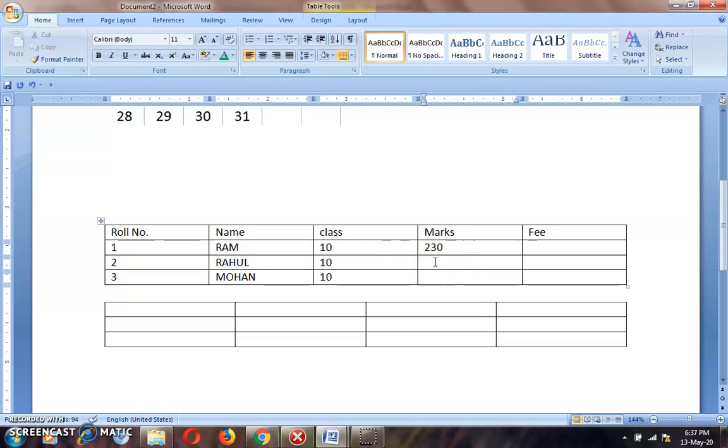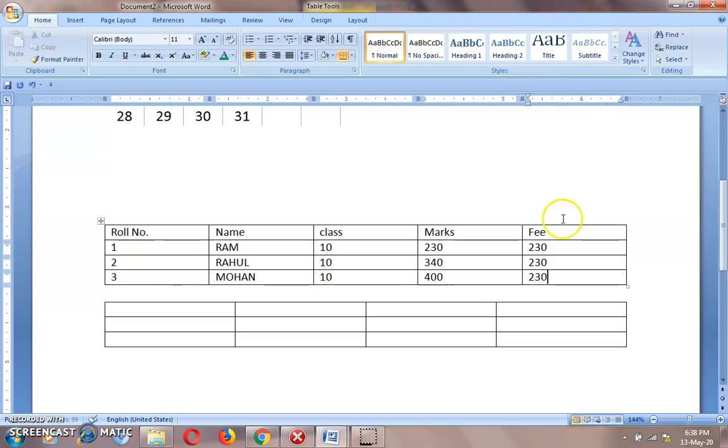You only have to click on the particular cell where you want to insert data. 400. Then fee. Like this.